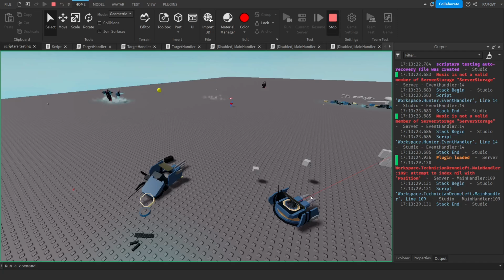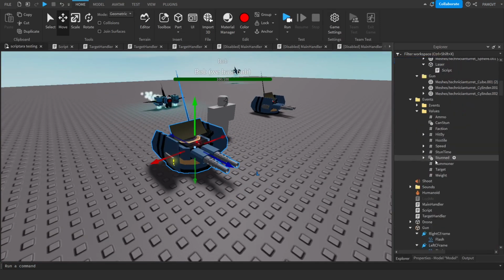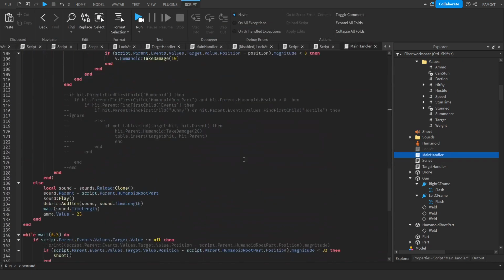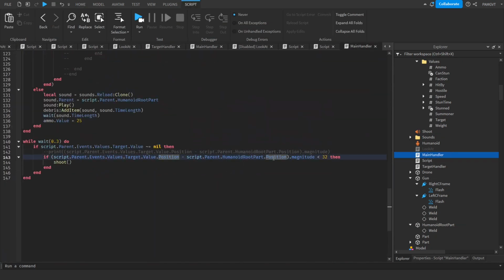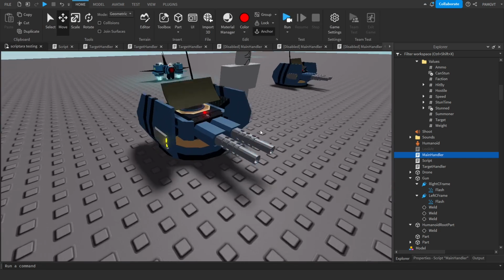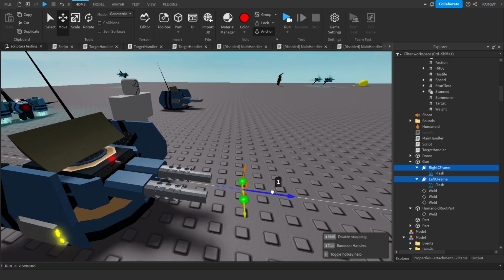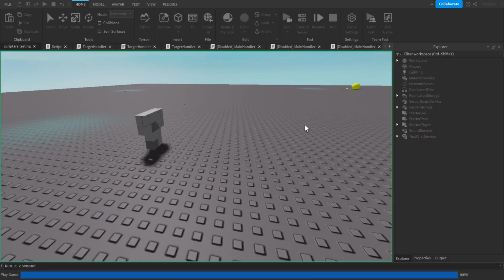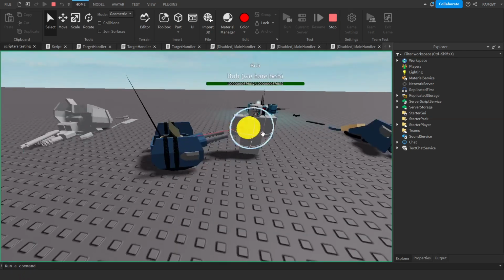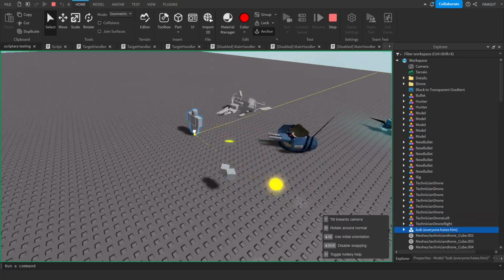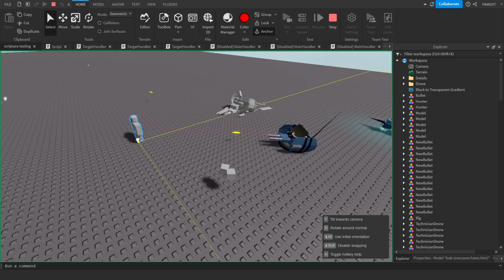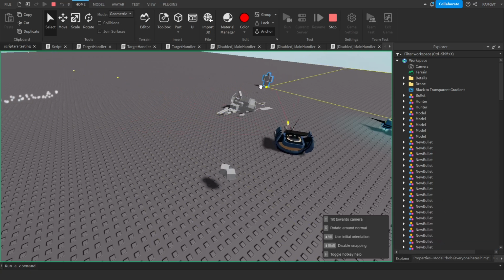So I'm actually going to have to change something here as well. I think it might still be going based on the... no. I'll increase this. So I'm going to increase this to 80, so it has a lot more range here. And then I'm going to take the attachments here and move them forwards, like that. And now I'll run it. Yep, just like that. They're a little slow, but